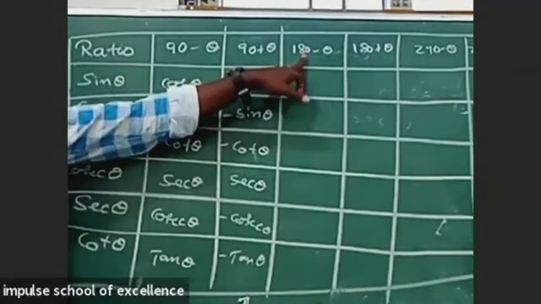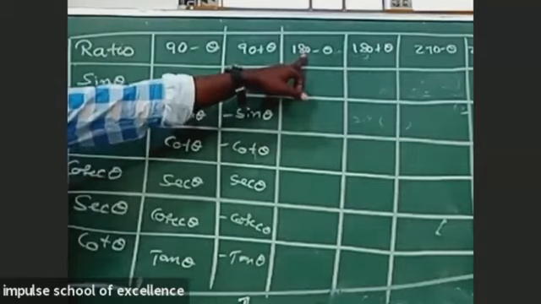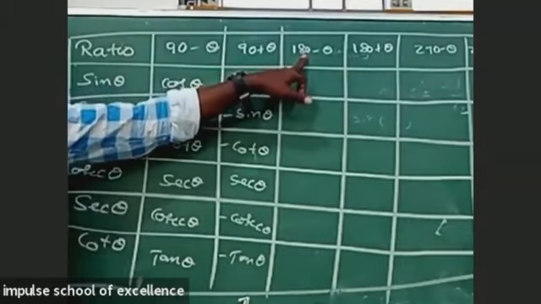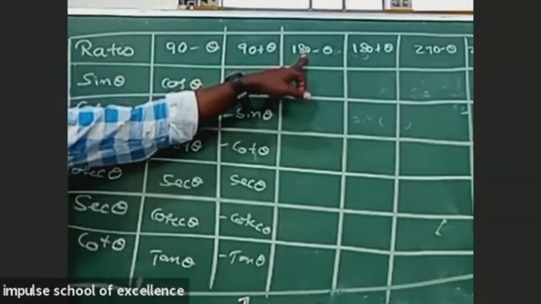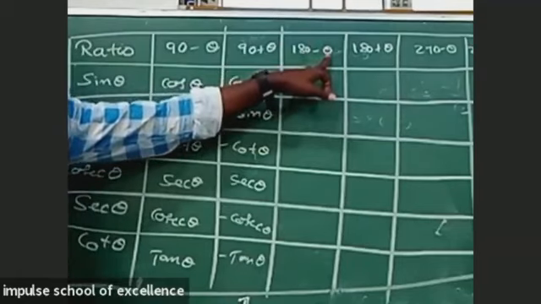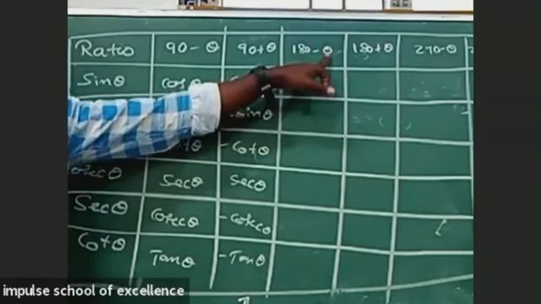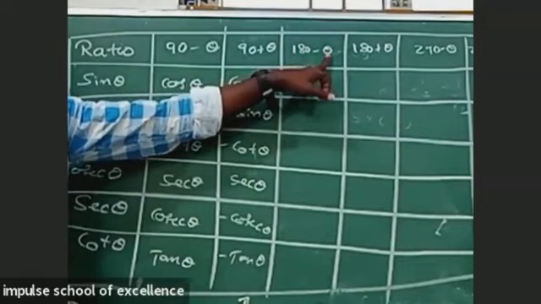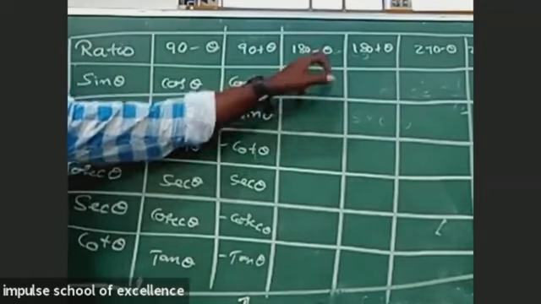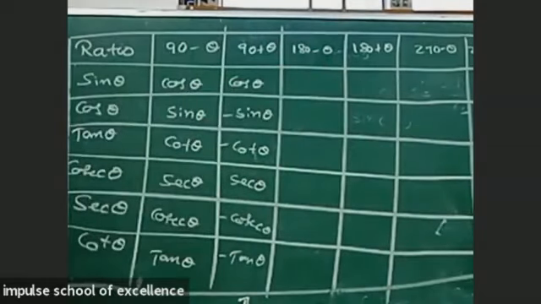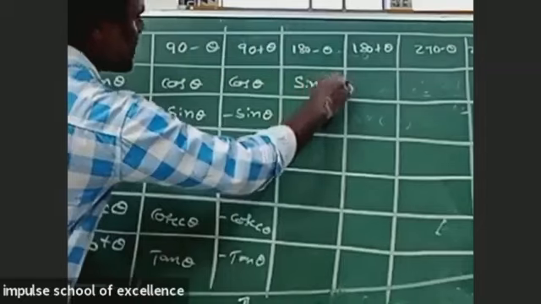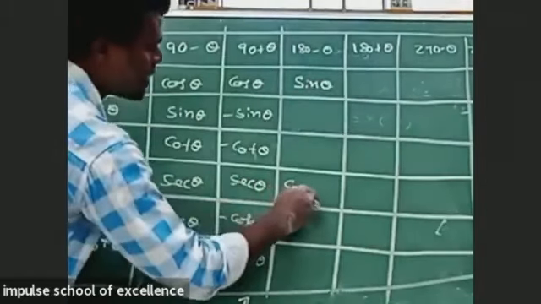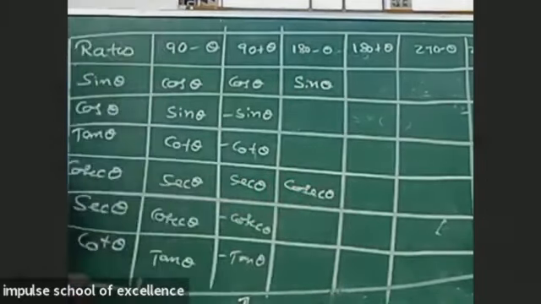Now here we have 180 minus theta. So 180 means the ratio will not change, as it is. Sin theta will be sin, cos will be cos, tan will be tan as it is. And here minus theta is there. 180 minus means 180 minus 10 means 170, right. In second coordinates, sin theta is positive and cosecant theta is positive. So sin theta as it is and cosecant theta as it is. And the remaining all are minus.